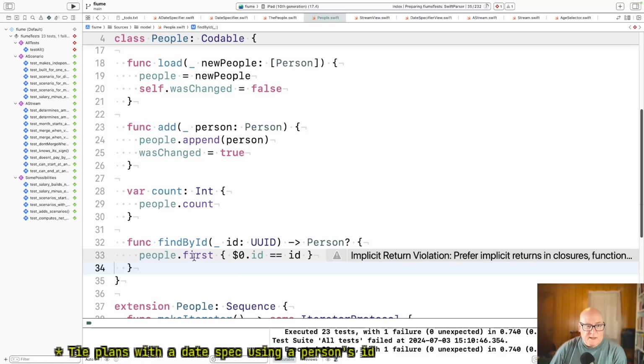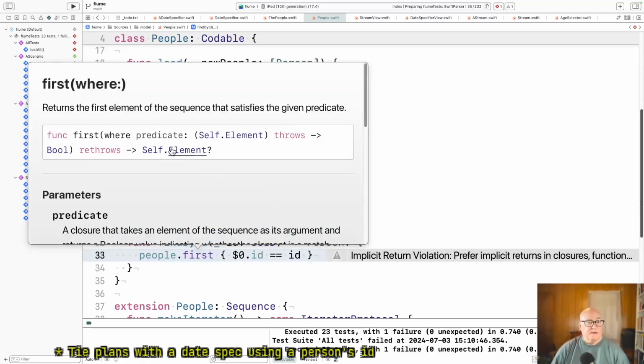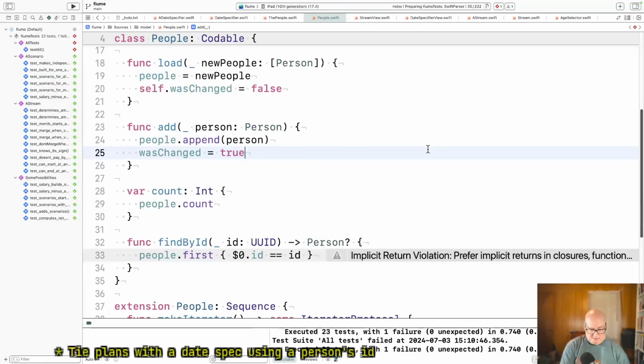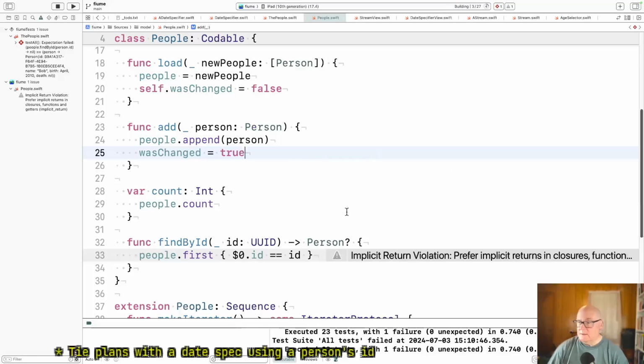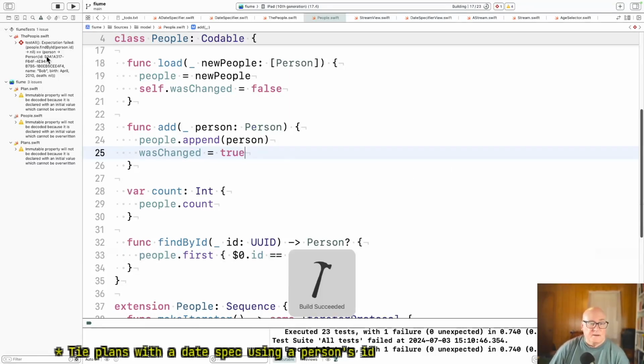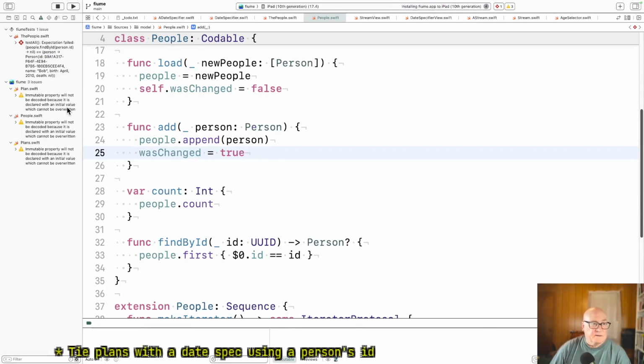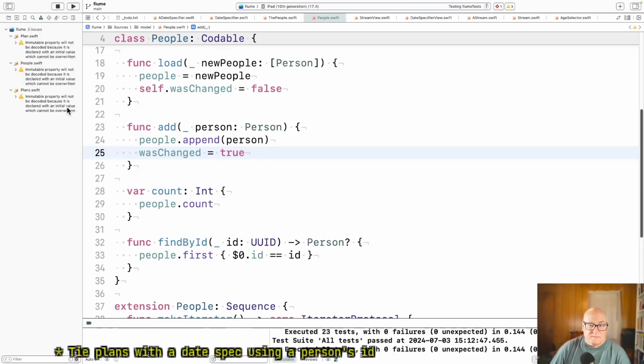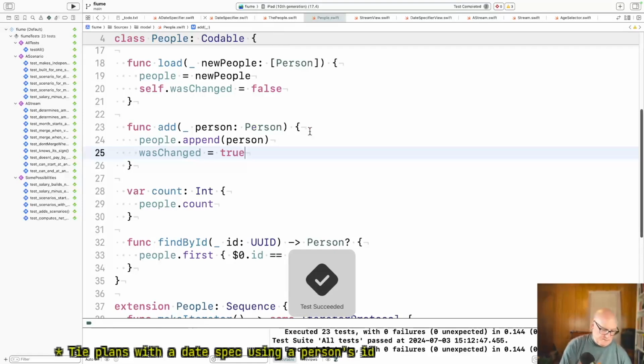If it doesn't match, pretty sure that thing returns the optional. Yeah, it returns nil if it doesn't find it, which is what we want. Thank you. And so this test should pass. Okay.